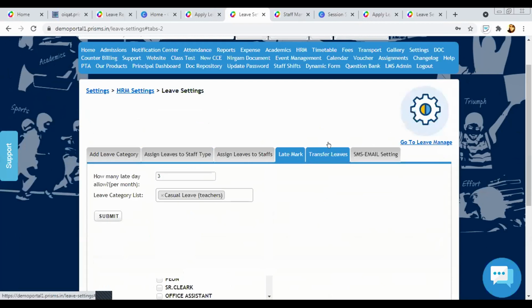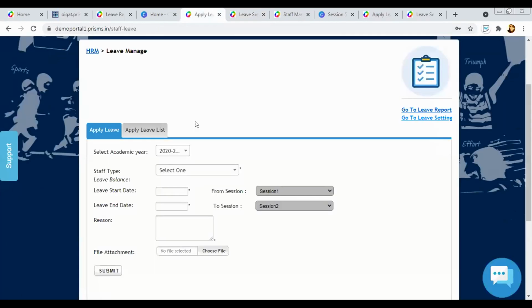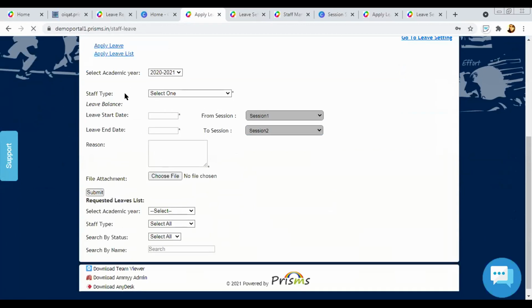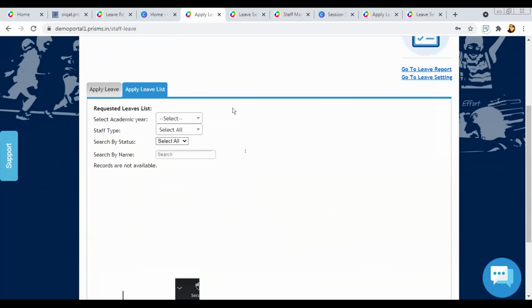Now, after this is the actual placing of the leave, how you can apply for a leave. Over here also, let's say that particular staff does come directly to you. Then you do have an option over here, I'll just refresh this, that you can put their application from here itself. Or you have an apply leave list where, if any of your employees apply for a leave, you'll be able to see the leave list of the application.